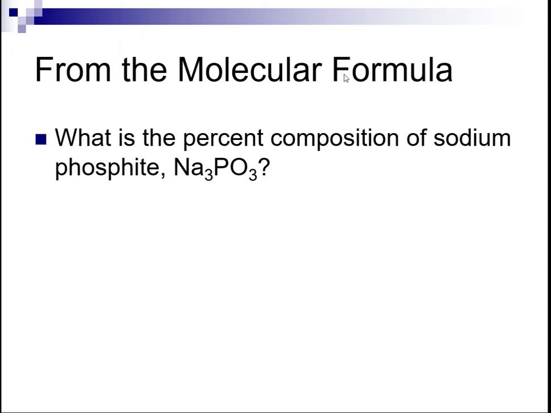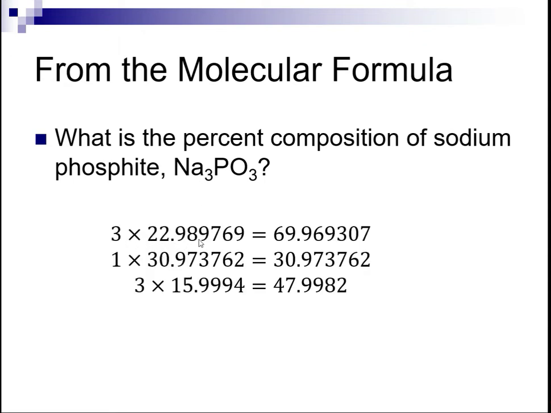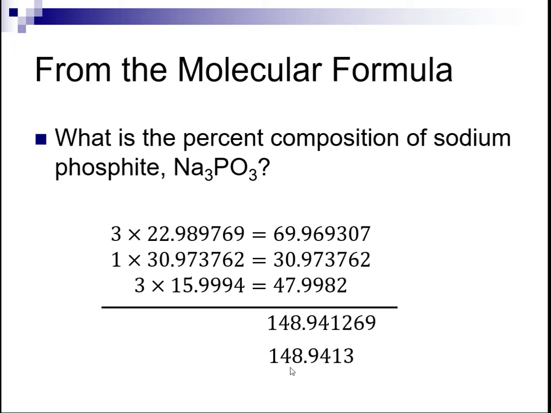The easiest way to do that is to simply say, well, let's say I have 1 mole of this sample. And what that does to make life easier is if that's 1 mole of the sample, that's the size sample I use. Well, I know I have 3 sodium, so I have 3 times the molar mass of sodium as my total mass that came from the sodiums. And I have 1 times the molar mass of phosphorus to give me the mass that came from phosphorus, and 3 times the molar mass of oxygen to tell me the mass that came from the oxygen. And then I know the total mass of the sample because I can add them up and do my sig figs to find out that I had